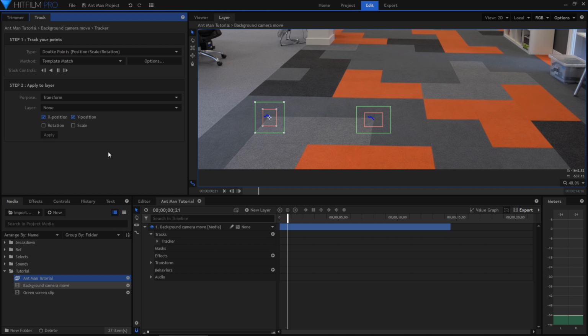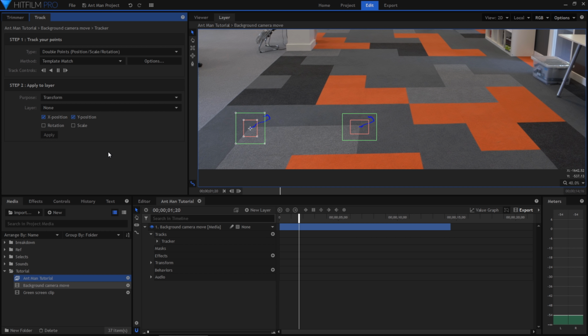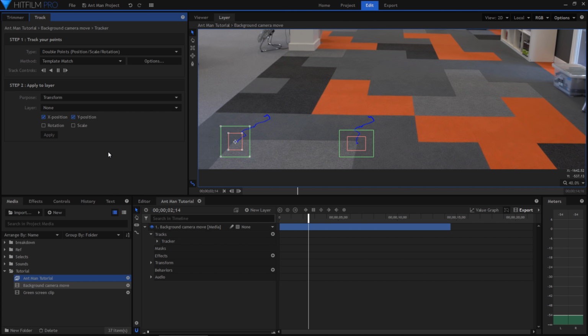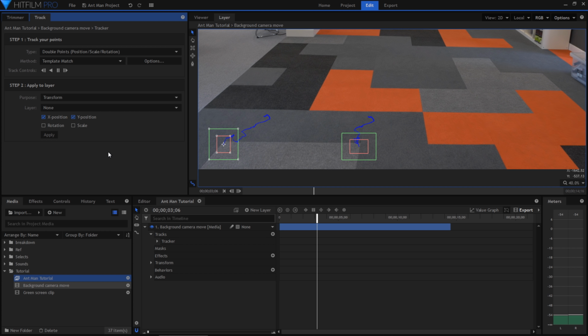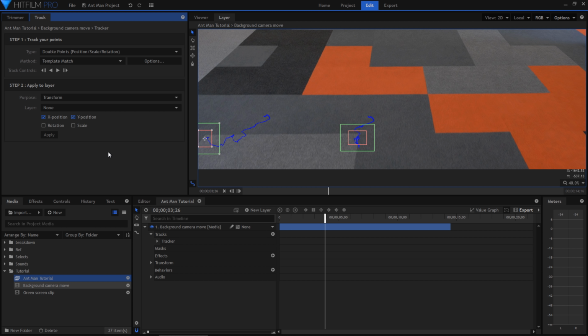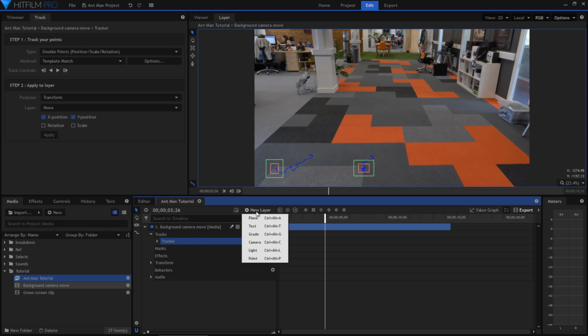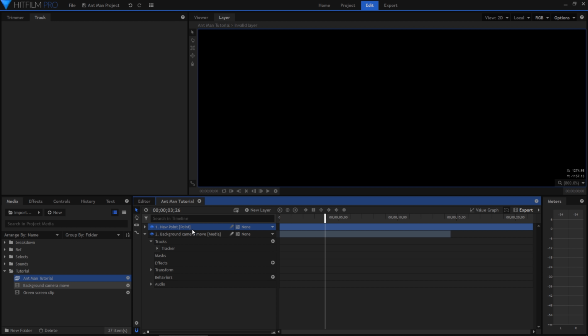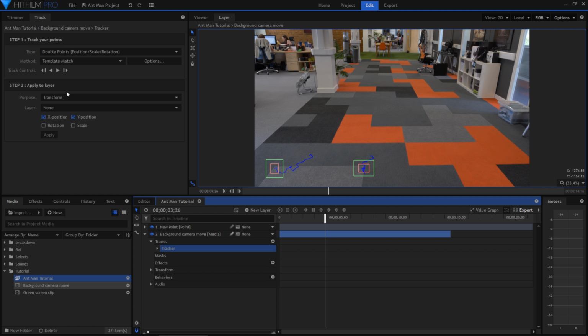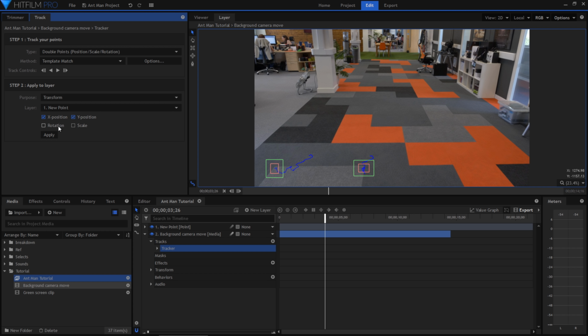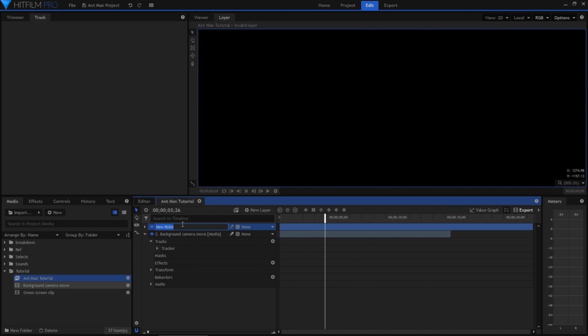Fast forwarding a bit, once we're into the camera move, I stopped the tracking, as this track was only for the first part of the shot where I needed to be tracked solidly onto the floor. I created a new point layer to hold the tracking data using the new layer menu. And then up in the tracking panel, I applied the tracking data onto that new point, making sure to check the rotation option as well. I'll rename the point to Floor Track Start, just so I can keep track of what's going on the